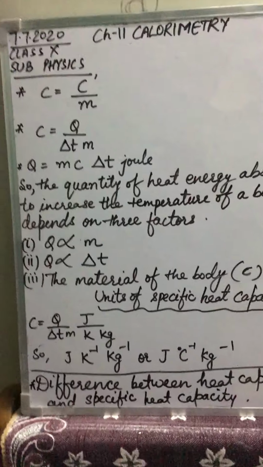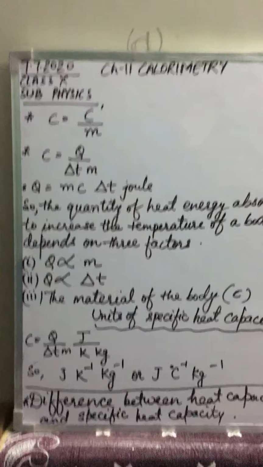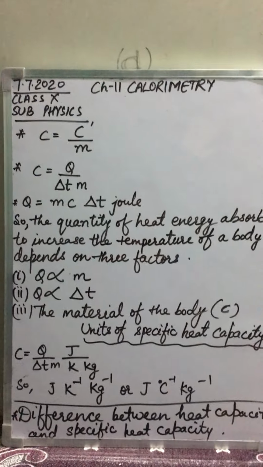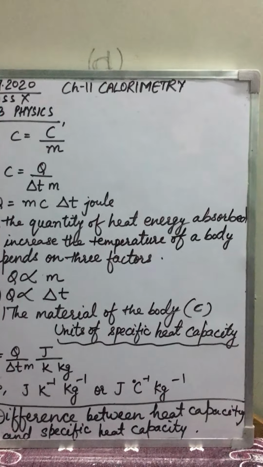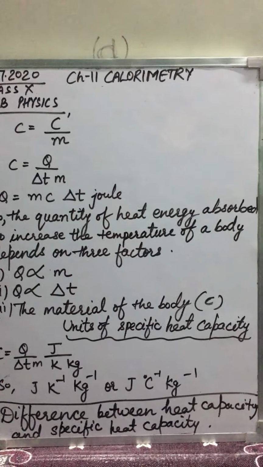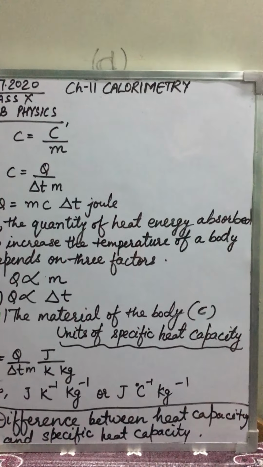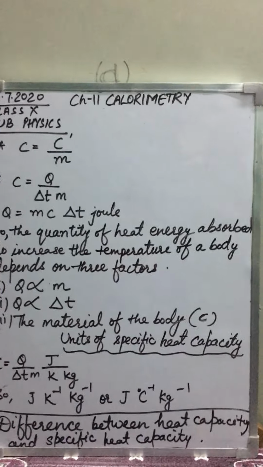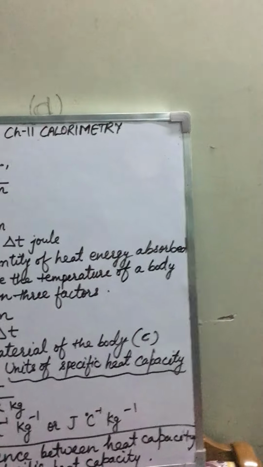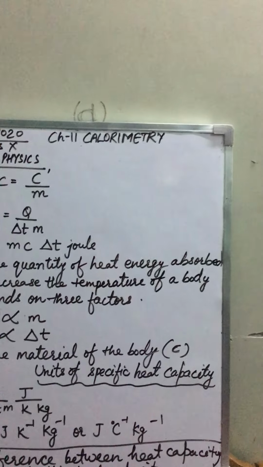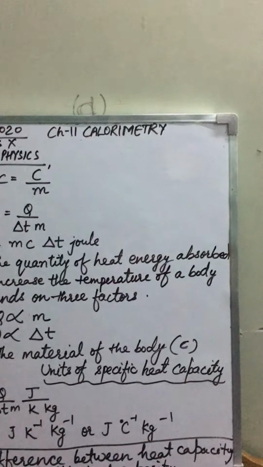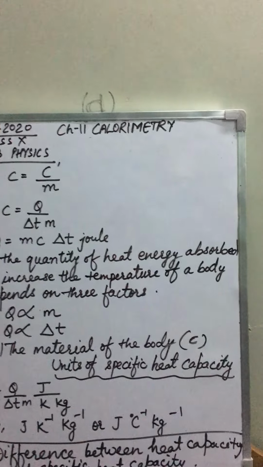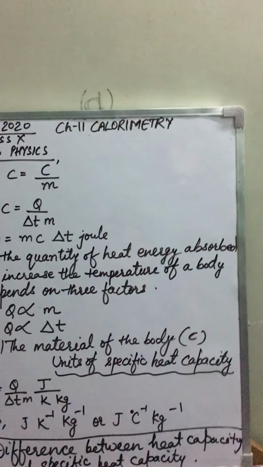Okay children, now just think that if we heat equal mass of different substances on the same burner, so that the rate of heat supply is also the same, we notice that after the same time interval, the rise in temperature for the two substances is different. Why? Because of their different specific heat capacity, because one substance is taking more heat energy to raise its temperature by the same amount, whereas both are different substances. That's why they have different specific heat capacity. So the amount of heat energy absorbed by them to increase the same amount of temperature will be different.